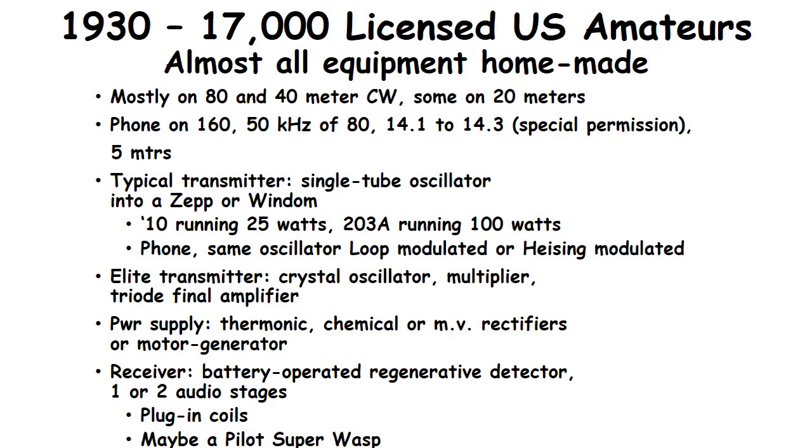In 1930, the typical transmitter was a single tube oscillator, either a Hartley or a TNT, running maybe 25 watts to a type 10 or 100 watts to a 203A. Phone transmitters used loop modulation, which was basically coupling a loop attached to a carbon microphone, probably borrowed from your telephone, into the plate tank,